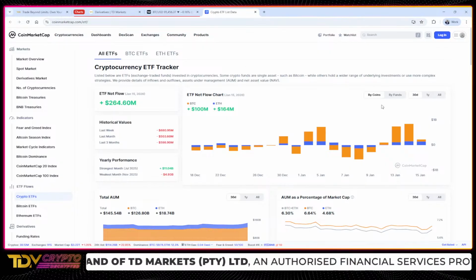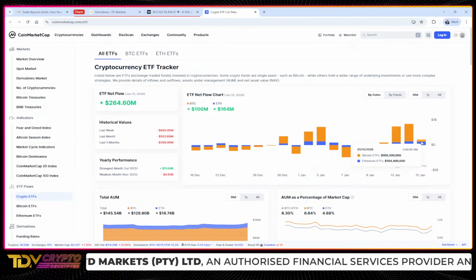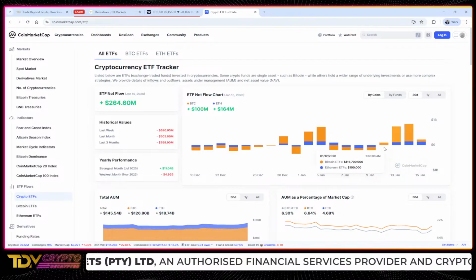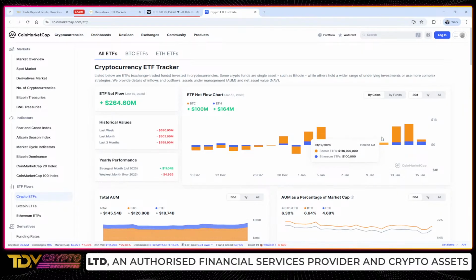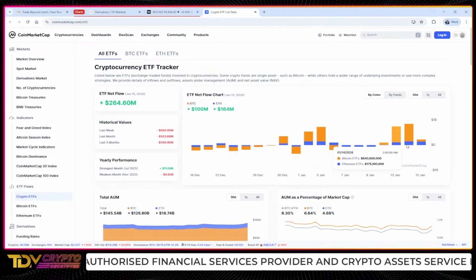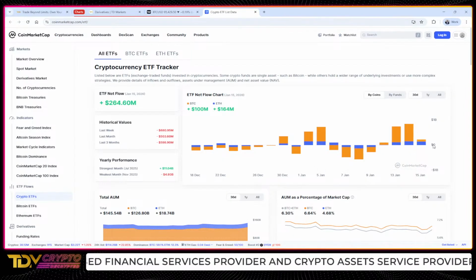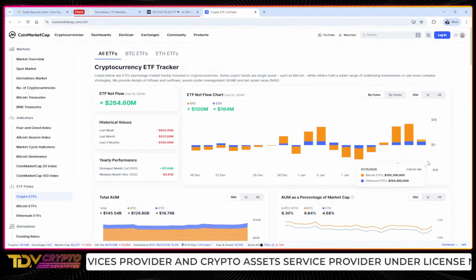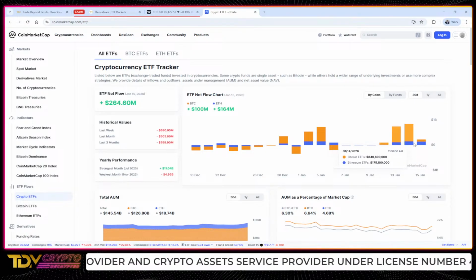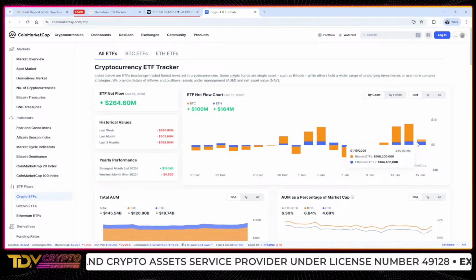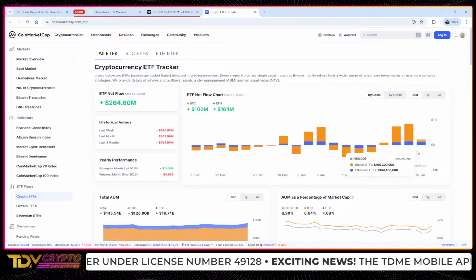As you can see, basically this whole week, there have been some positive ETF flows. What this means is that we've got a pivot. Anything above zero is inflows, and anything below that is outflows. Whenever there are inflows into an underlying asset, it tends to appreciate in value. Say you've got Bitcoin inflows, Bitcoin is going to appreciate in value. The same is true with outflows: Bitcoin will depreciate in value.